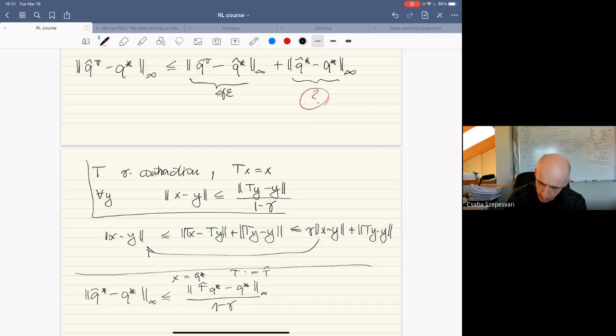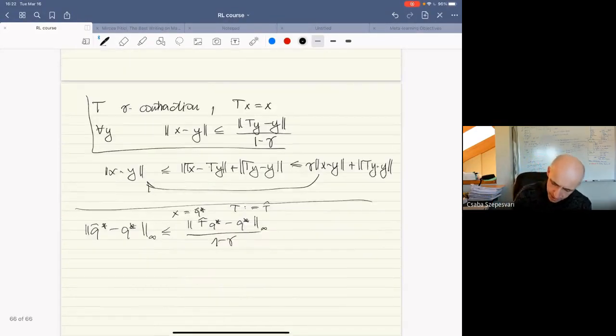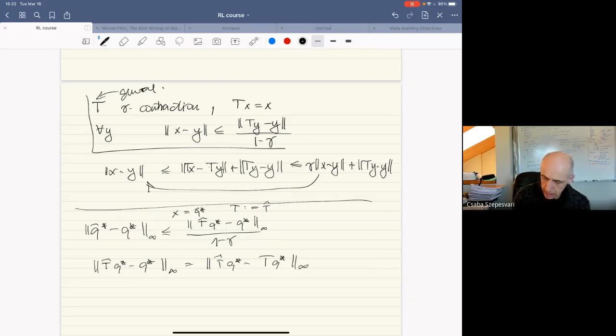And of course, Q star is a fixed point of T, where T is the Bellman optimality operator. Now here it was a general guy, here it's very specific. It's the Bellman optimality operator. So T hat of Q star minus Q star is equal to T hat of Q star minus T Q star, because Q star is a fixed point of T, and T hat is equal to